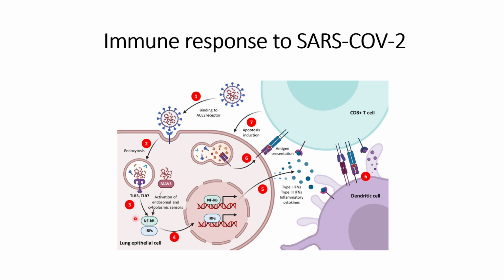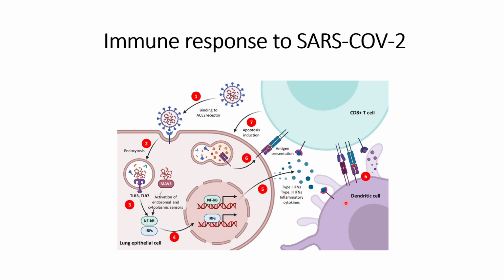That leads to enhancement of the pathway that signals nuclear factor kappa B and IRF signals, and this leads to enhanced expression of genes that in the end result in secretion of type 1 interferons, type 3 interferons, and inflammatory cytokines from the infected cell,